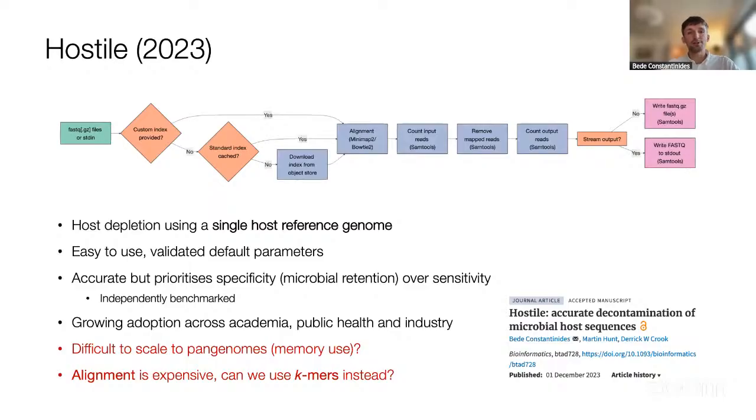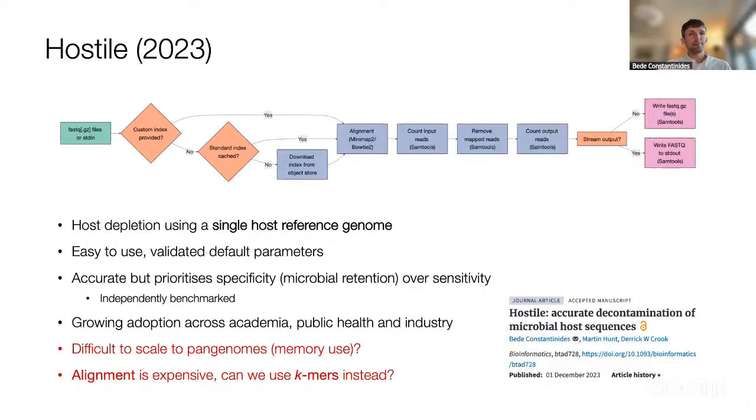Human genomes are very similar and yet different enough that even when using sensitive read alignment, you miss some parts of diverse genomes. And so ideally, it would support pangenomes to allow it to do an equally good job for all genomes we've sequenced before. But relying on alignment makes this practically difficult.